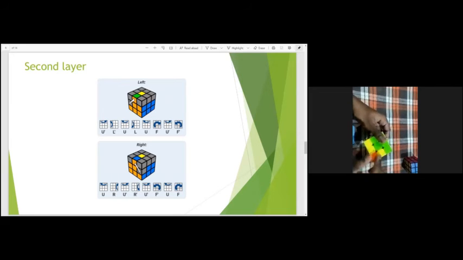Now we got the green and red piece in the bottom layer. Always remember, we should have the edge piece in the bottom layer to place it over here. I'm matching the green color with it, and we have to move towards right. So I'm bringing it to left and bringing the top layer down, then matching it, bringing it back to its original position, then top, then fixing it up. Now we have successfully completed 2 layers.